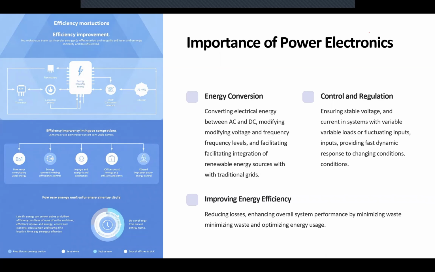So again, the importance of power electronics is the first energy conversion. In the energy conversion part, we are converting the electrical energy from AC characteristics to DC characteristics. We are going to see the differences, and why we talk about changing from AC to DC or vice versa, in the next slides. And we are going to see what kind of advantage these conversions give us in order to transfer energy